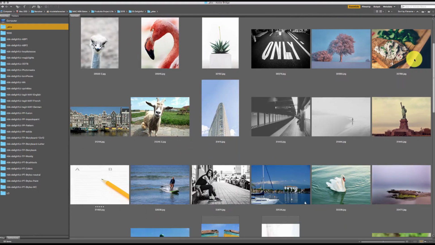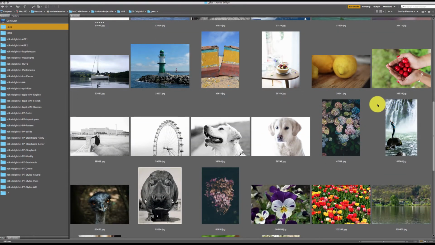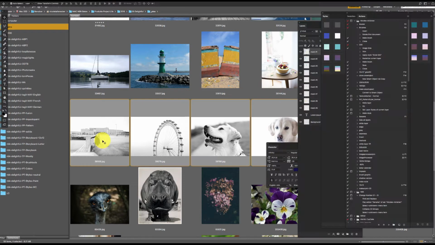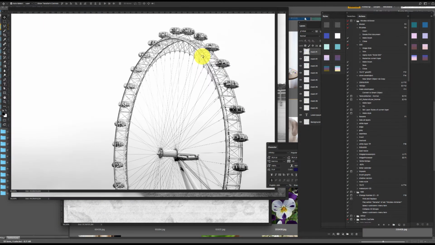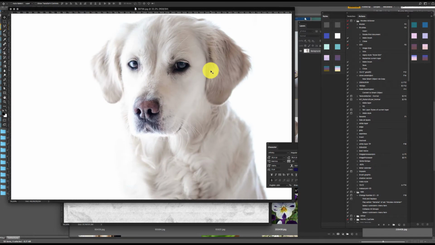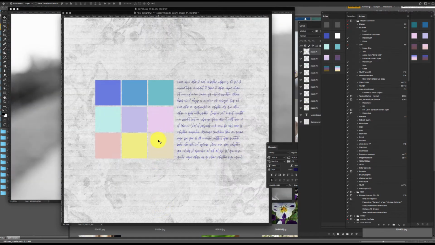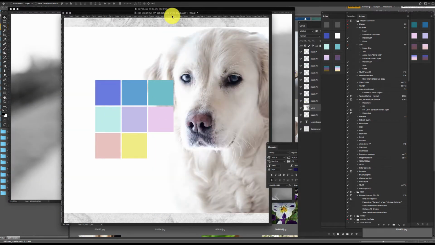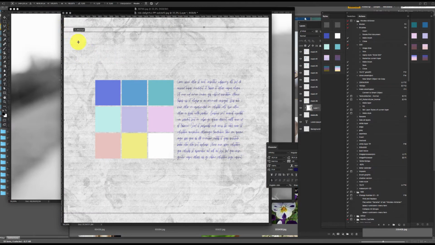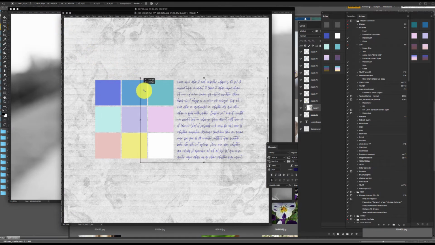Let's see what we can use here. They are all that bright. So this cute doggy here, that's the first one. We clip that and then we size that down